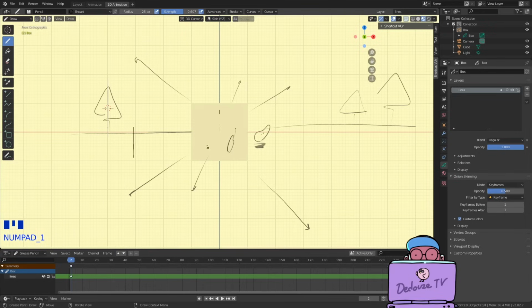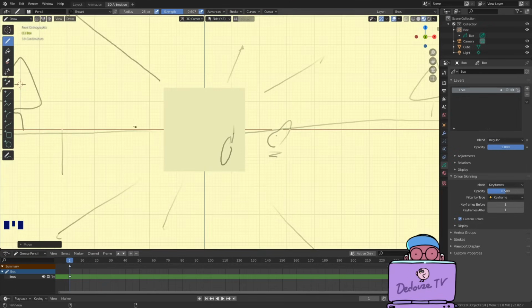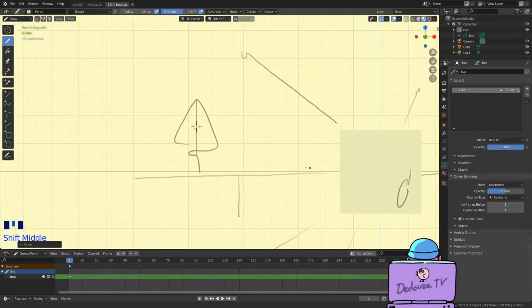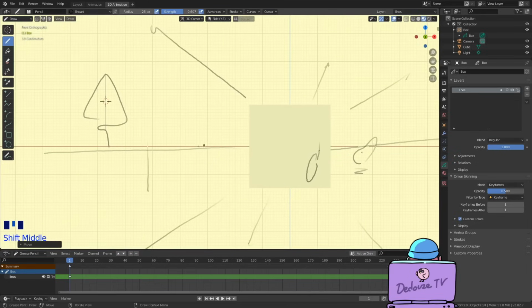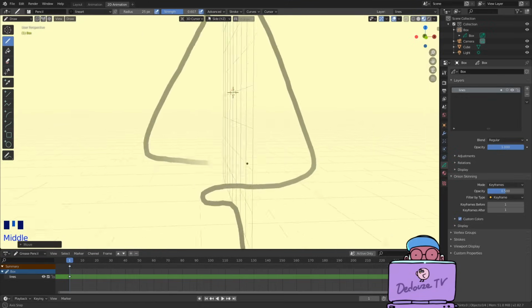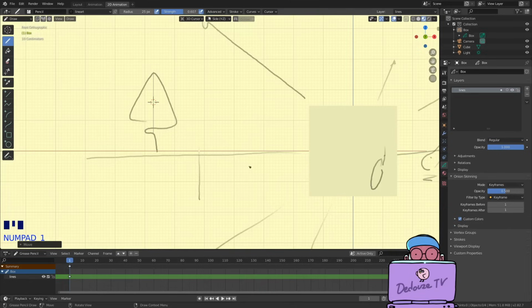I can precisely move the cursor with shift right clicking on the screen and I can place it precisely, for example, in the center of the tree here. And remember, to navigate in the orthographic view without rotating the camera, you must hold Alt plus Shift and drag on the screen with your pen. If you use Alt plus the pen, you rotate the camera so you get out of the orthographic view. You have to press numpad 1 again to go back here.